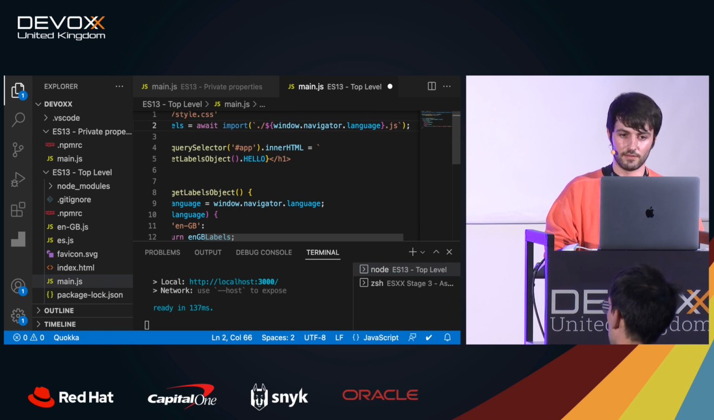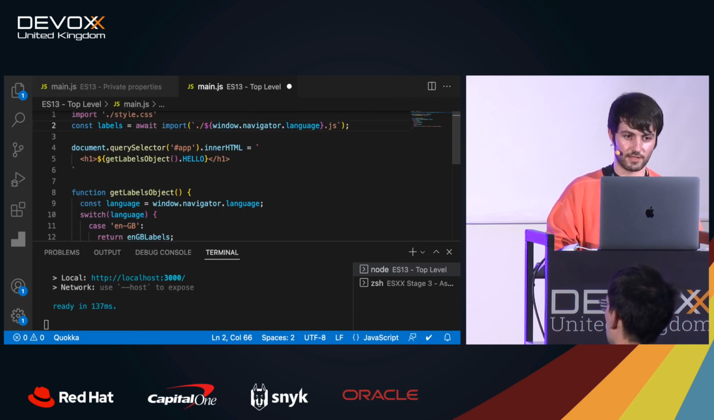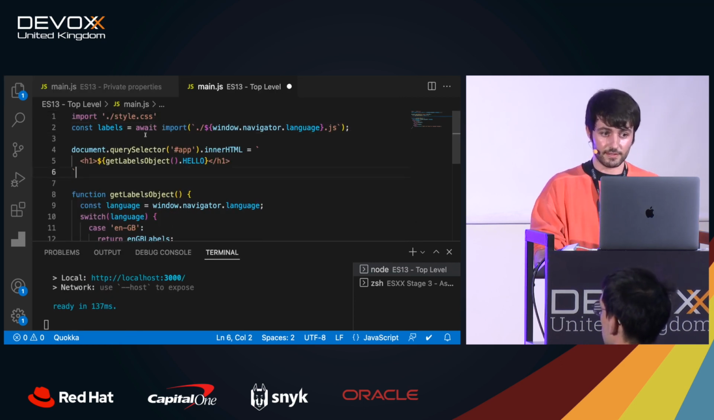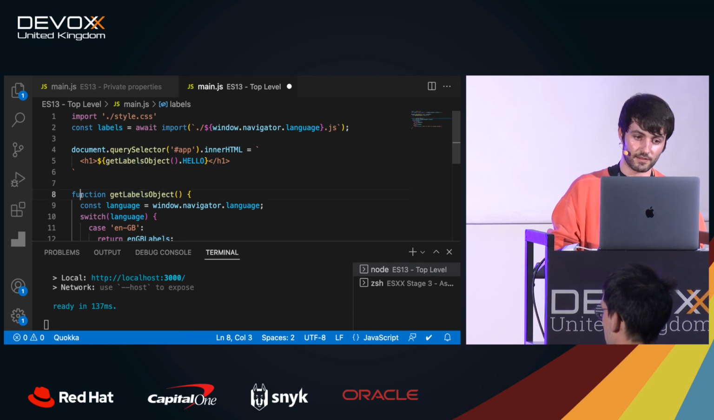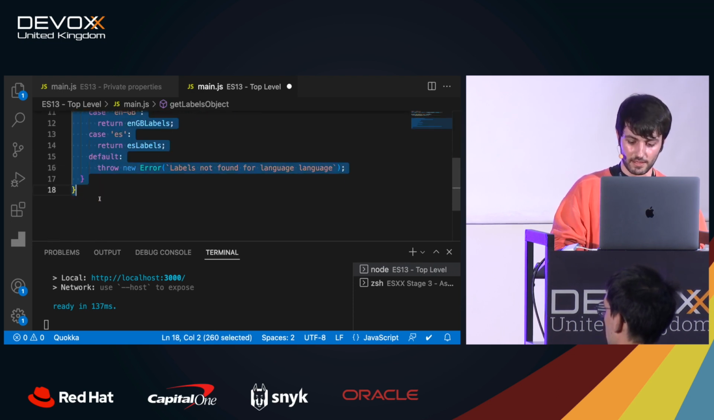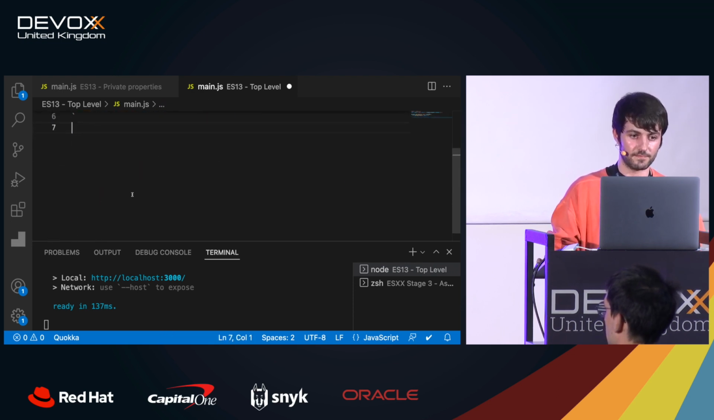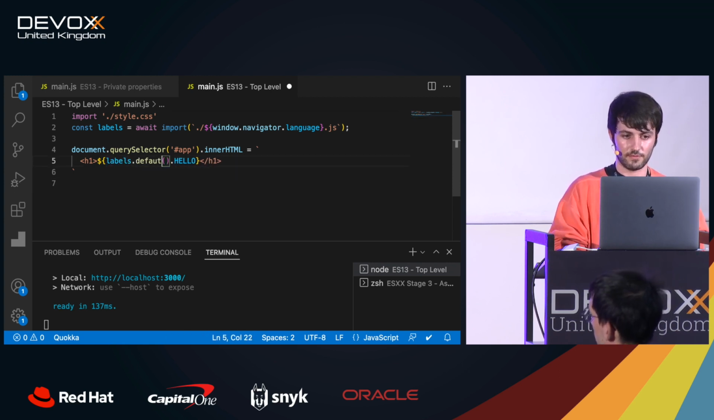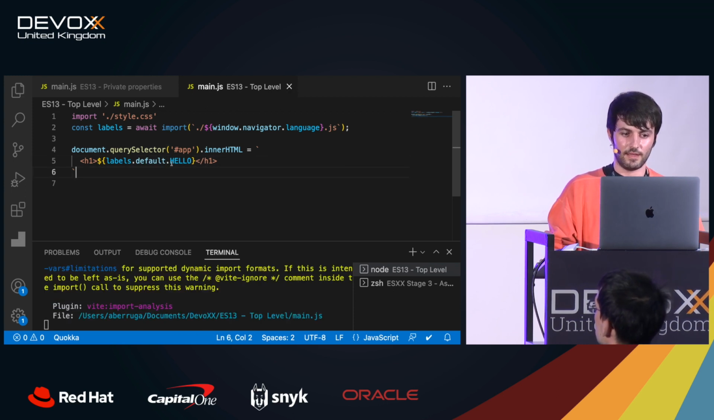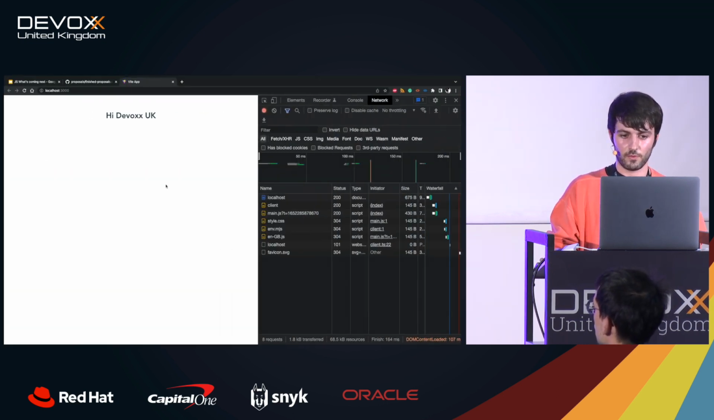No, it's the convention. Let me show it so you can see it better. Right now, it will wait until the import promise is fulfilled before continuing to run the code. But now I can get rid of this. And then I can just do labels.default and hello, right? And then what will happen here is that, before I was loading two in memory,